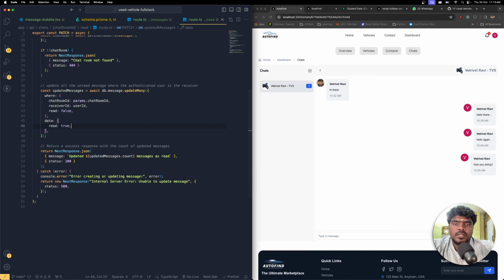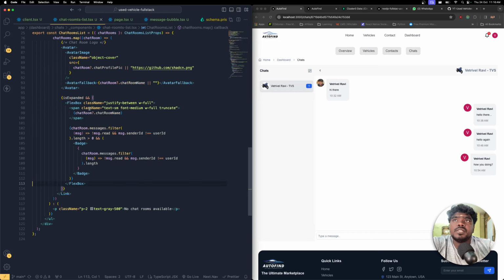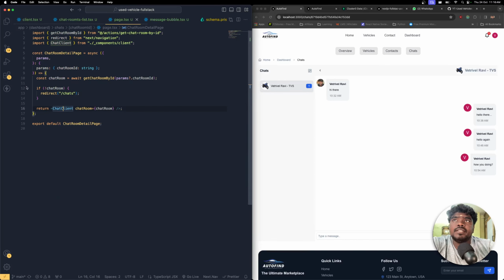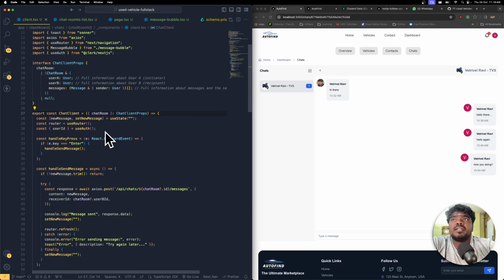So I need to call this API now, right? So where can I call this API? We need to call this API inside the, so this is the chatroom list, and this is the page where the chatroom data is being fetched and rendered, and it's loading the chat client, and we can have the chatroom ID from the chatroom data itself. So inside the chat client,